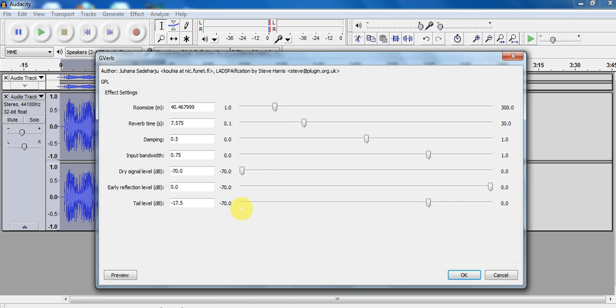Because I don't want to give it a very wet sound. I just want it to warm up a little bit. But I'm not going to mess with these for the most part, so you guys get a good idea of what the stock setting sounds like. And I'm going to apply it, and you can watch the waveform change over there.